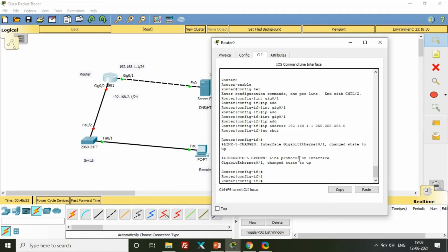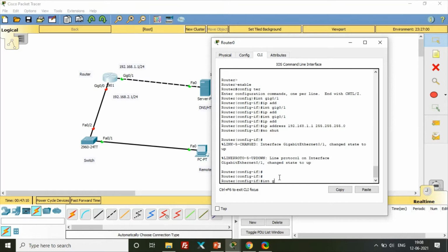You can see the green light is up now, and the same configuration needs to be done on the next interface, gig 0/0.